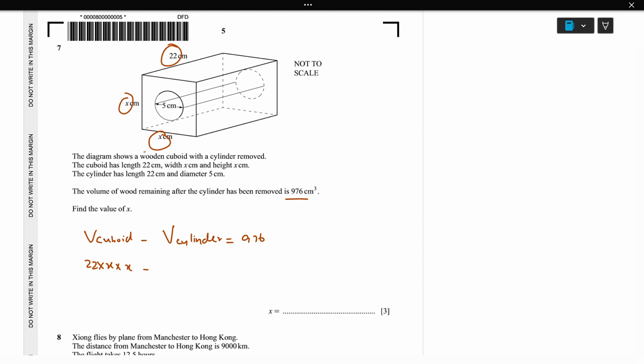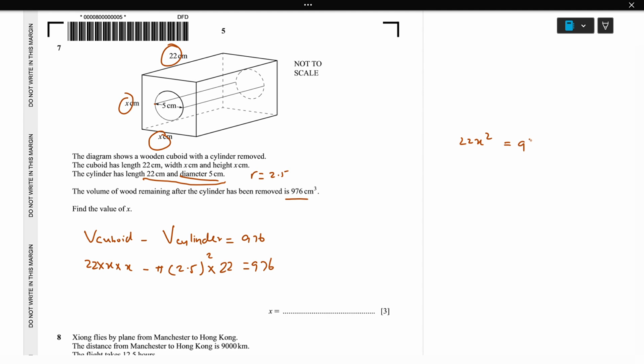So pi into r. See, the diameter is 5 because the diameter is given. Diameter is 5, so the radius is going to be 2.5. So pi r square times h, height is going to be here to here, the length is 22, equal to 976. So 22x square